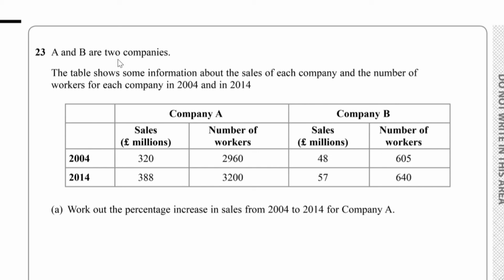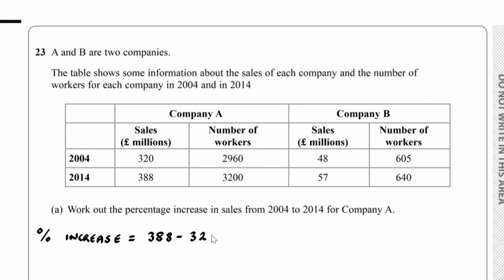Question 23. A and B are two companies. The table shows information about the sales of each company and the number of workers for each company in 2004 and 2014. So for part A, we have to work out the percentage increase in sales from 2004 to 2014 for company A. So we're looking at sales for company A from 2004 to 2014. So the percentage increase is equal to